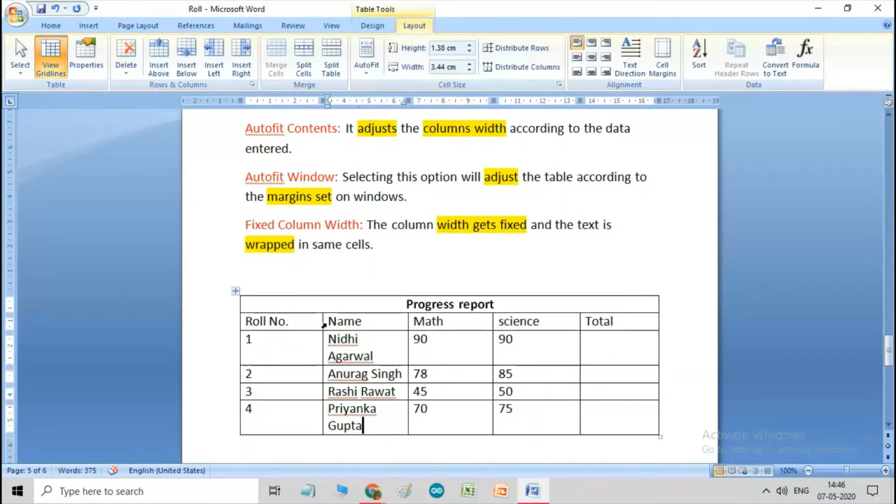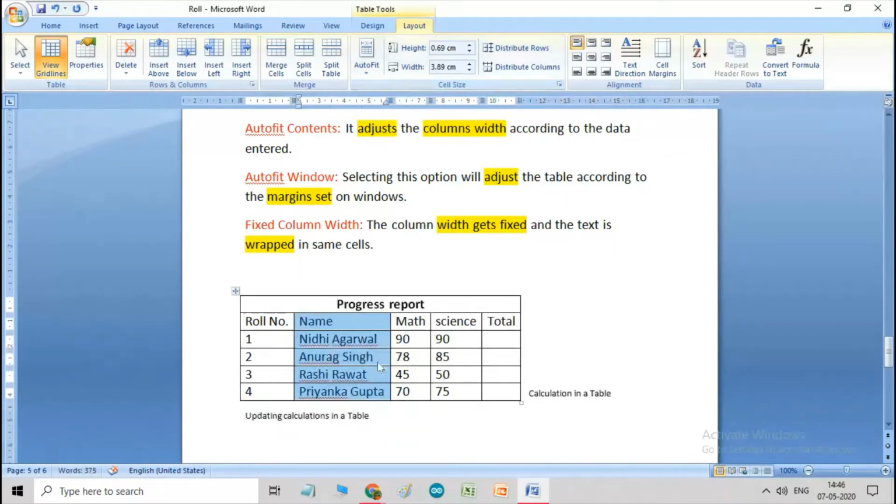Now what I can do, I just simply select it and use this auto fit contents option. So how can you do it? Go to layout, click on the layout, say auto fit in the cell size group, auto fit and say auto fit contents.